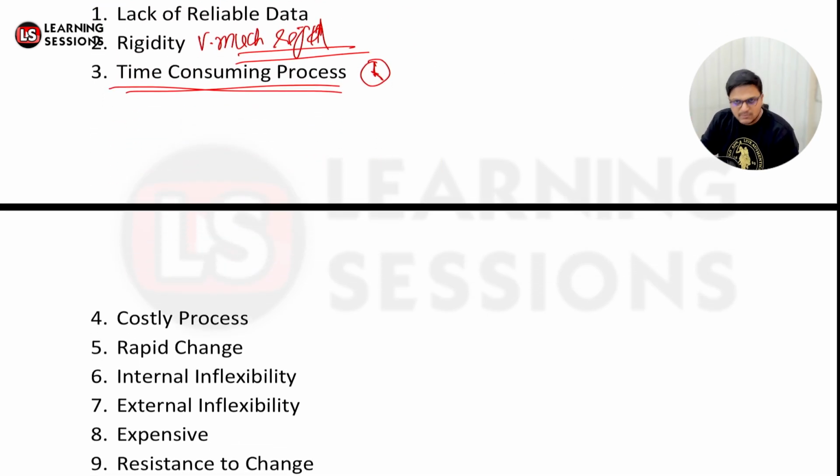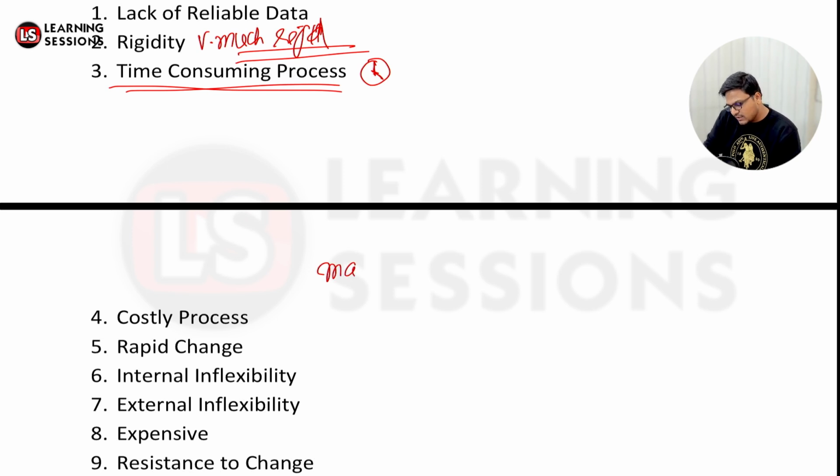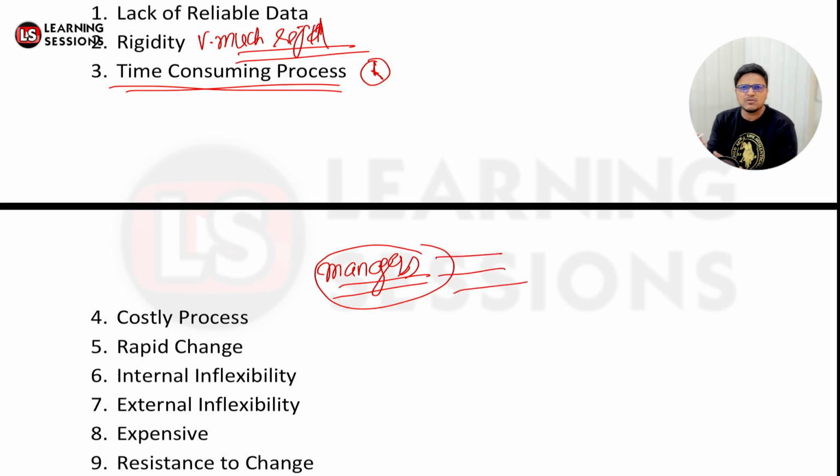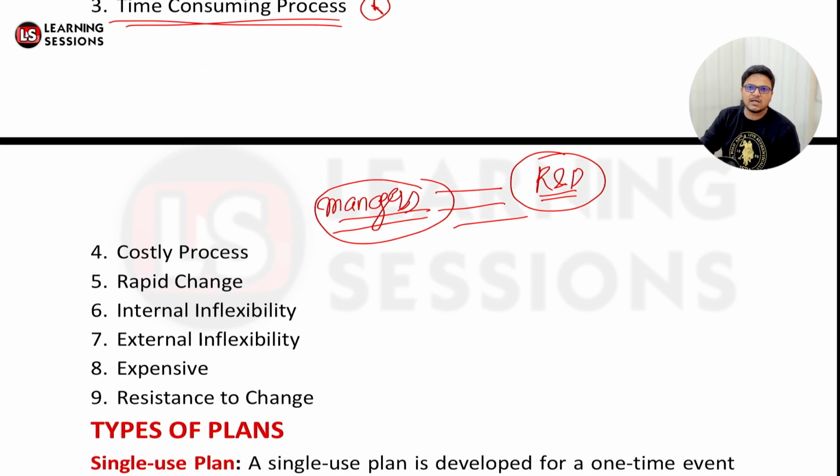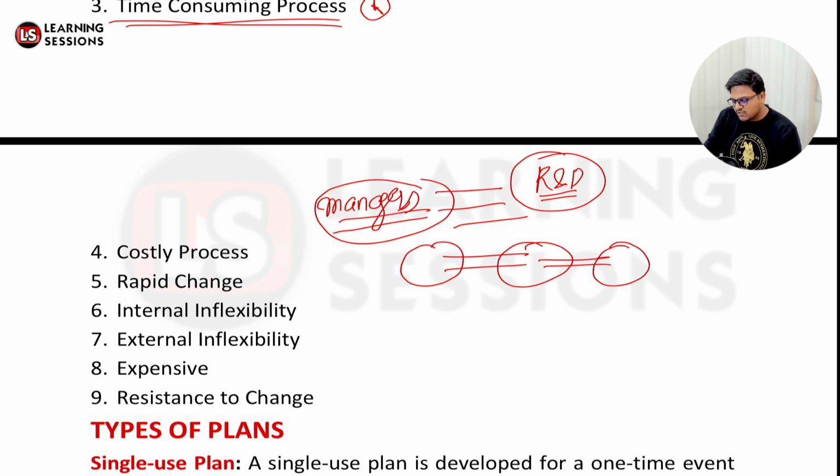And definitely it's a costly process, because managers from different cadres or different departments will all be together, brainstorming, and further time consuming sessions would be there. So it's a costly concern. And moreover, R&D is to be done, that is the research and development related to some particular subject. So it's also a costly process. Rapid change can be there. It may be the case that you have made a plan, but now the scenario has changed. You have to plan again, and it changes again and again. So it is a time consuming process, and rapid changes could be there.